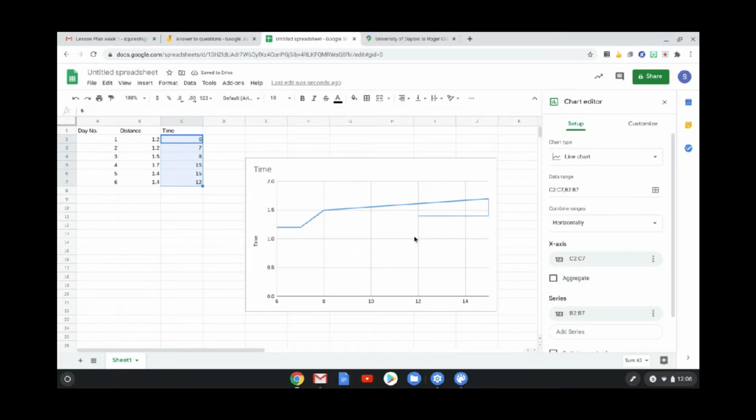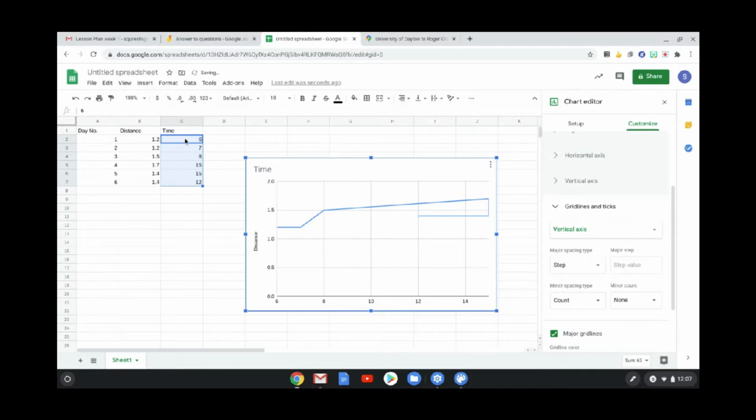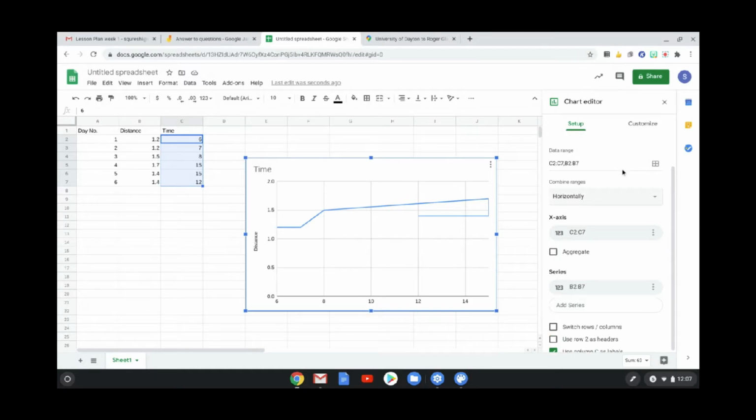Right, now what do you notice here? What's happened? Well, something's changed around here. It's giving me a distance time, although it's stating something different. I'm going to change this to distance. But see, this is the thing that I was talking about yesterday. When you do line plots, because my data has been generated at random and it's not in ascending or descending order, what you see here is that these data points are following this line, and once it reduces, it reverts back to it. To fix this, what I can do then is go to setup,